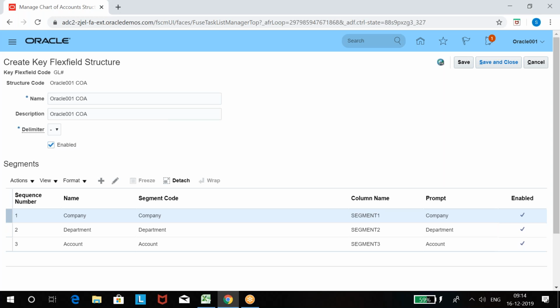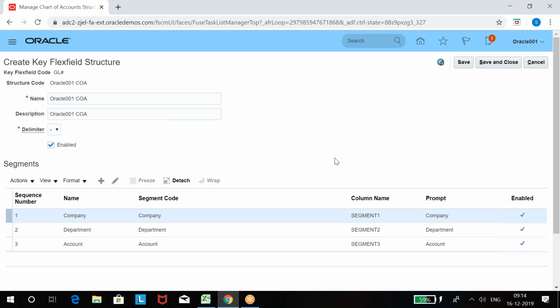Okay. You remember this? Wherever we have different terminologies in EBS and Fusion, the use is the same, but the terms are different. I'm going to discuss that. Just remember, because in interviews they may ask you, in EBS what do we call these segment labels, and it is called FlexField qualifiers. Also, whatever terminologies have changed for the same function, I have that in a Word document. I'll share it with you guys. You can follow it: what terms we call it in EBS and how they have changed in Fusion.